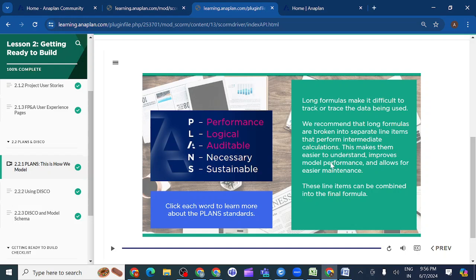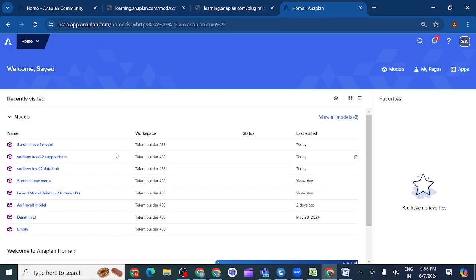This makes them easier to understand, improves model performance and allows for easier maintenance. So we can see here how we can make calculations in different line items.